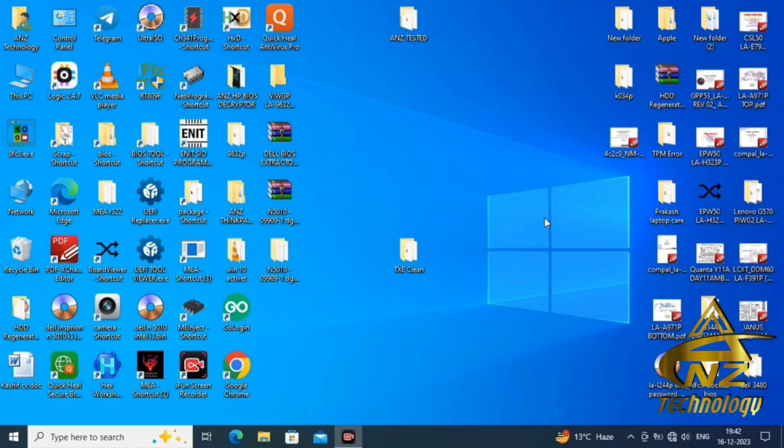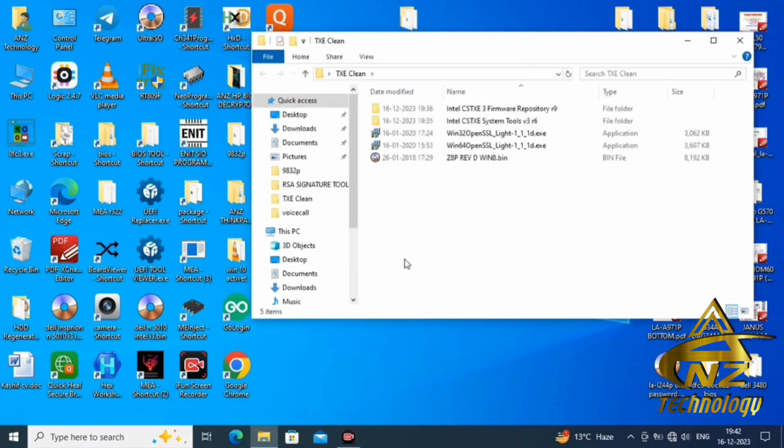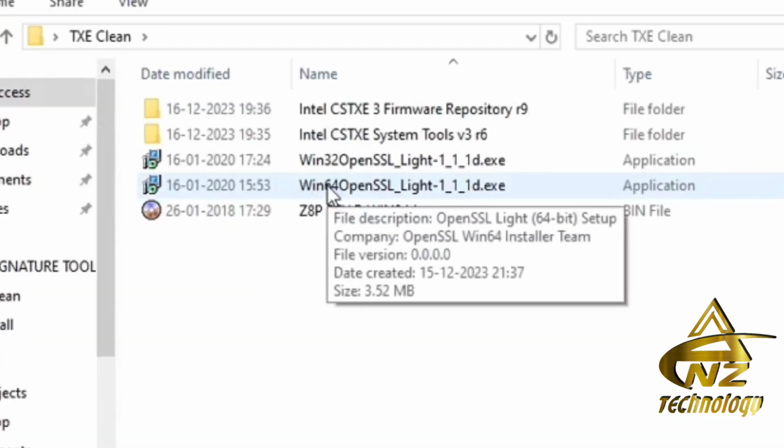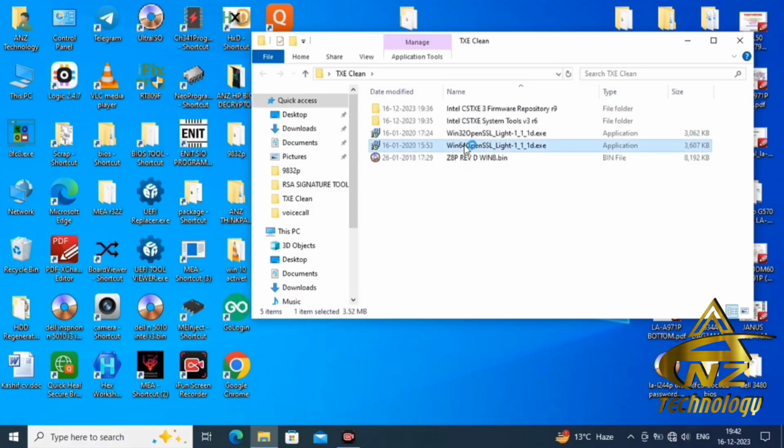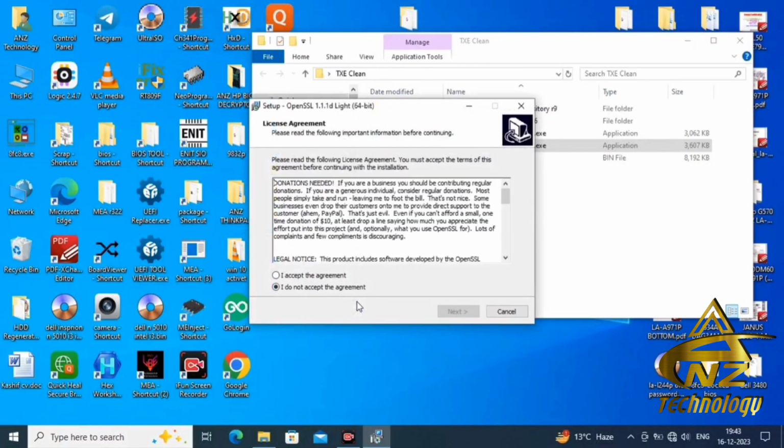First we have to install a software named OpenSSL. So here we have OpenSSL. My computer is 64-bit, so I will install this 64-bit software. If your computer is 32-bit, you can install this one. Double click on it. I accept the agreement.